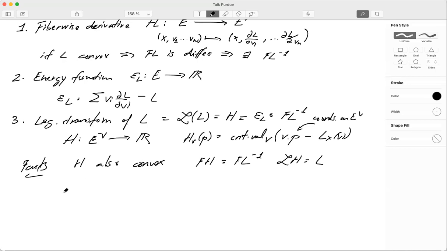And another fact: if you take the induced map on functions, right? So this is the map. FH was a map from E dual to E. So the induced map on functions goes from functions on E to functions on E dual. I'm using O here, it doesn't mean holomorphic, it just in general means functions. And this thing satisfies